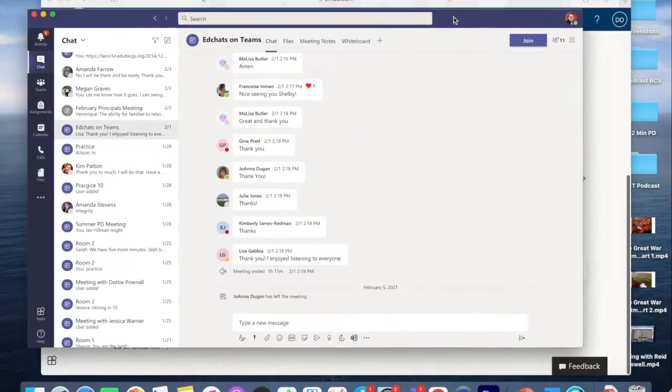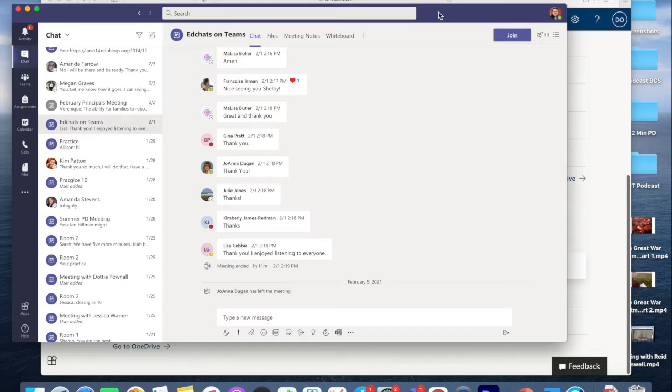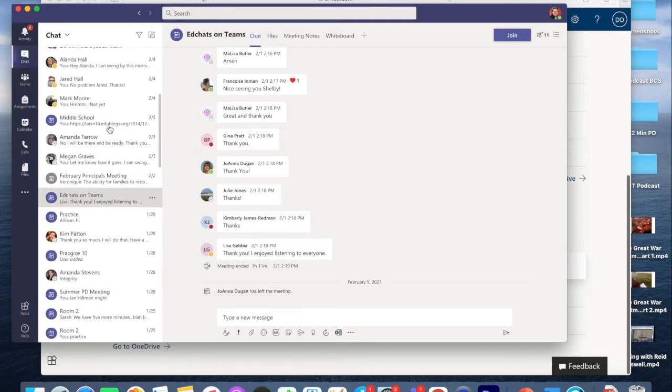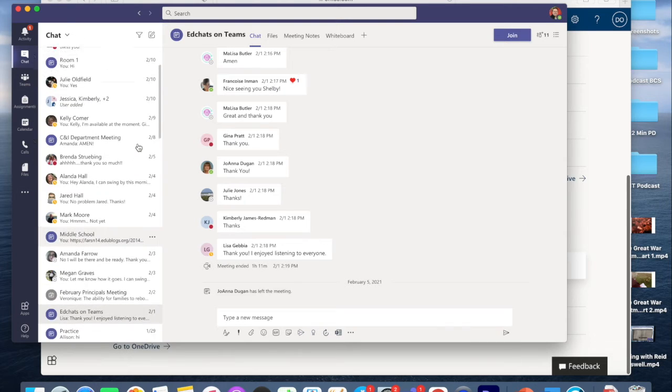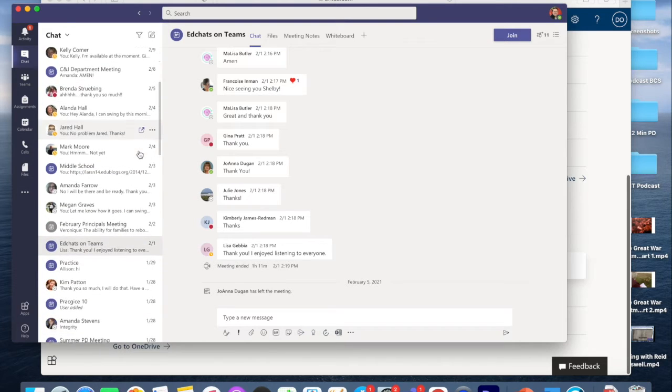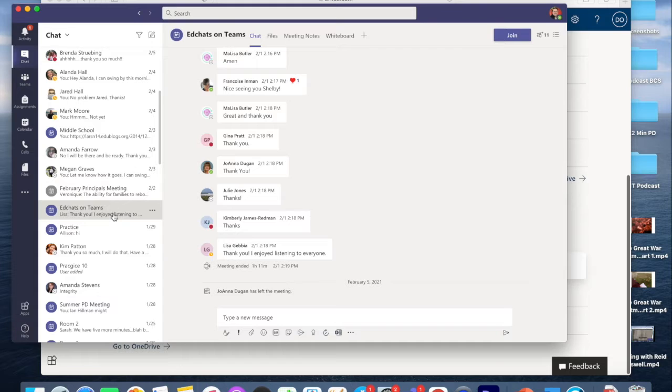In Microsoft Teams on the desktop version, and I am in my chat tab, and I've navigated to a meeting that I want to include a poll in. And this is something that I could set up ahead of time. At this point, most of us have our meetings appear over here in the chat section of our Teams account. So I'm navigated to a meeting that I actually have this afternoon, and I want to include a